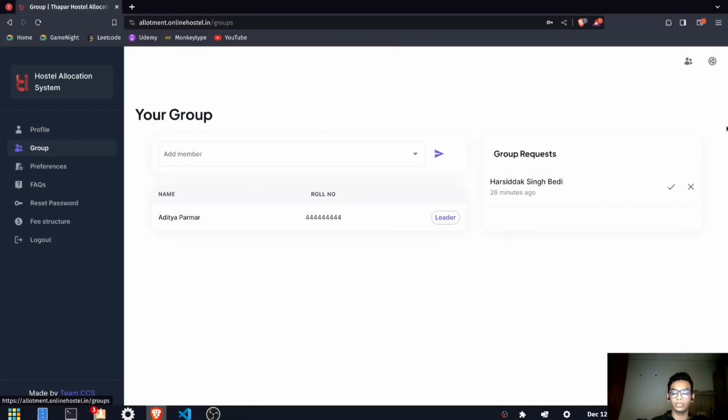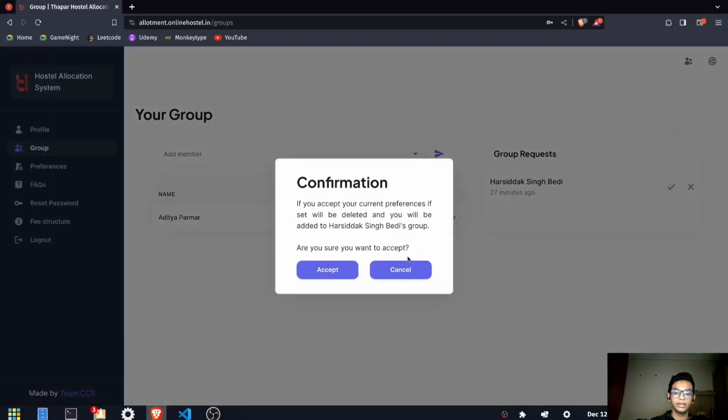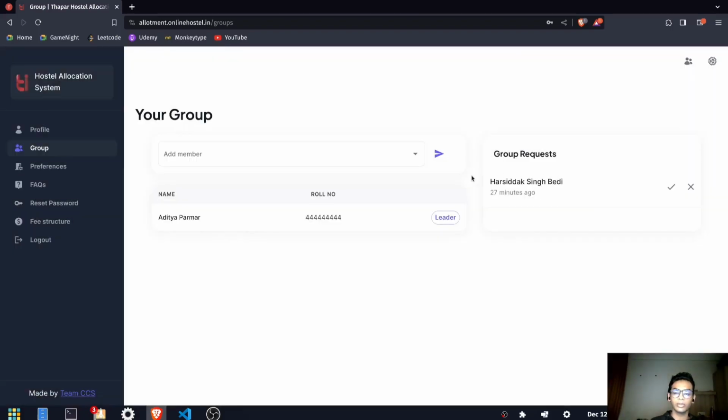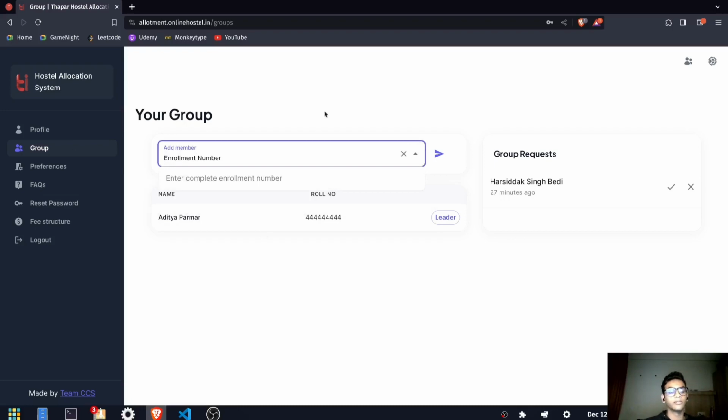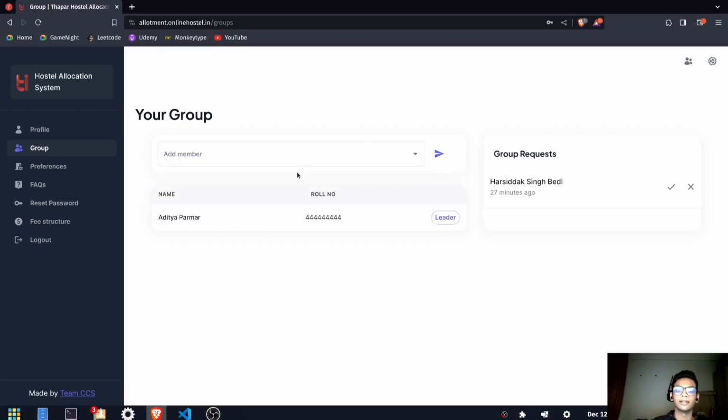The right side shows all the requests you get for people asking you to join their group, and if you click here, then you will join this person's group and they will be the leader and you will be a member. I'll elaborate more on that later, but if you want to become a leader and make your own group,